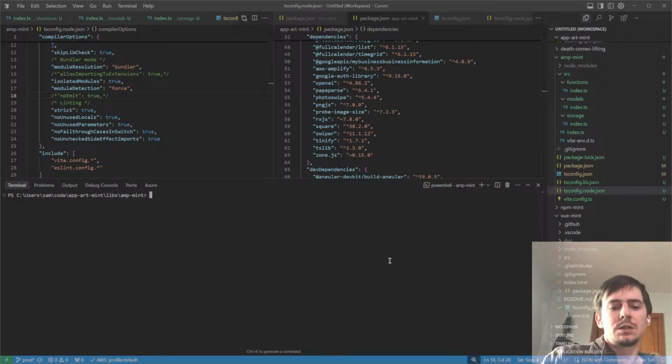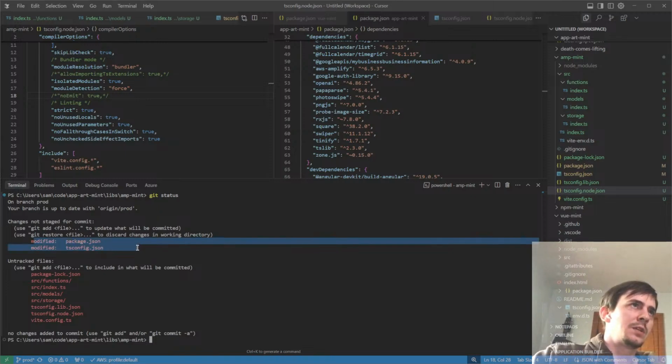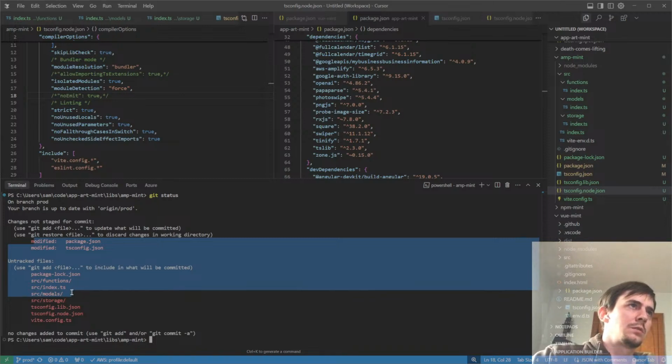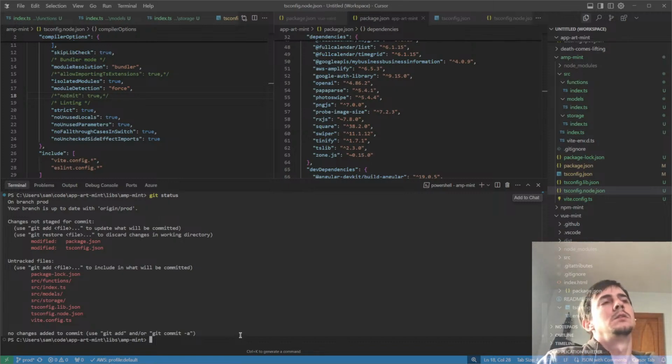Feels pretty good. Let's check a git status. Package is modified, config is modified, lock was generated, added index files and folders, lib and node, ts configs, vite config. Okay, so we'll do a git add a,